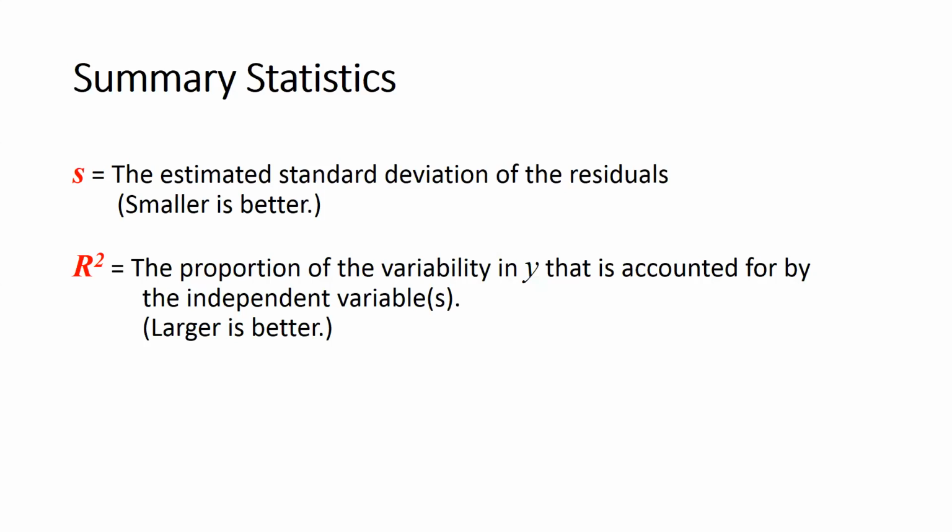So I've progressed from looking at the fitted model itself, thinking about its numbers, thinking about whether that important slope represents a statistically significant trend or not, and then characterizing the fit of the model with a standard deviation around the line and an R squared, which represents the proportion of variability accounted for. That proportion goes between 0 and 1. It's often reported as a percentage between 0 and 100%.